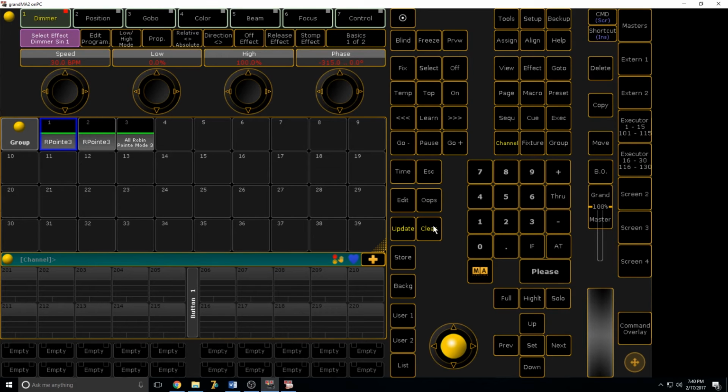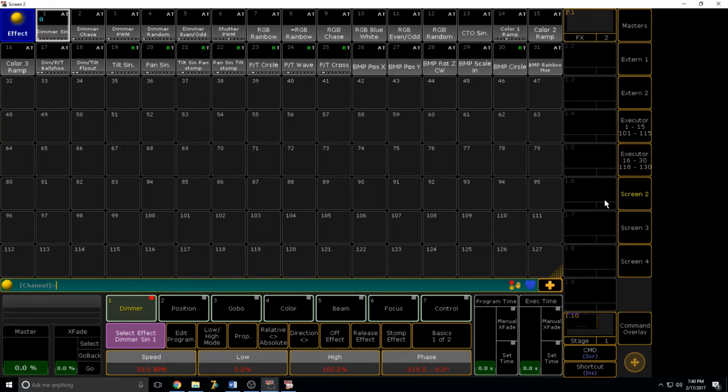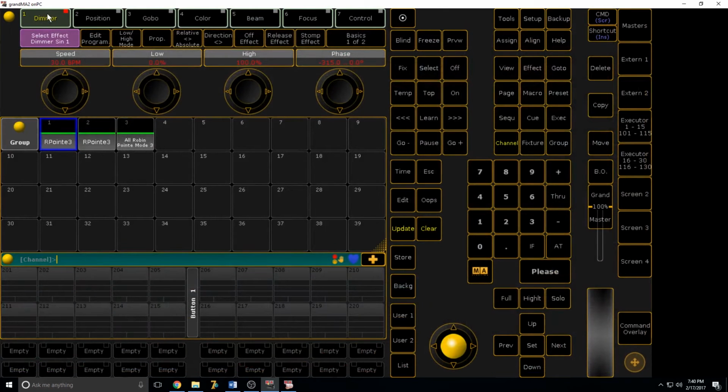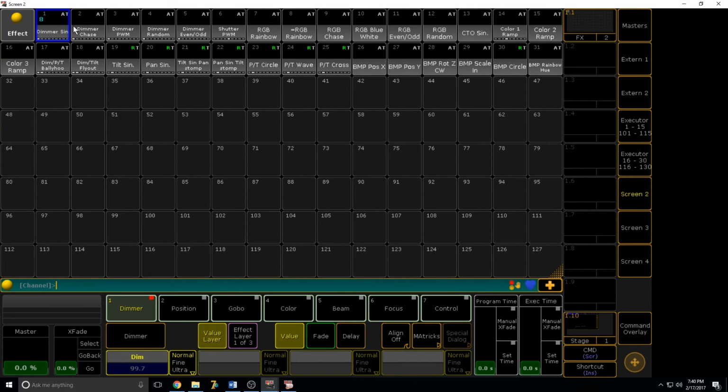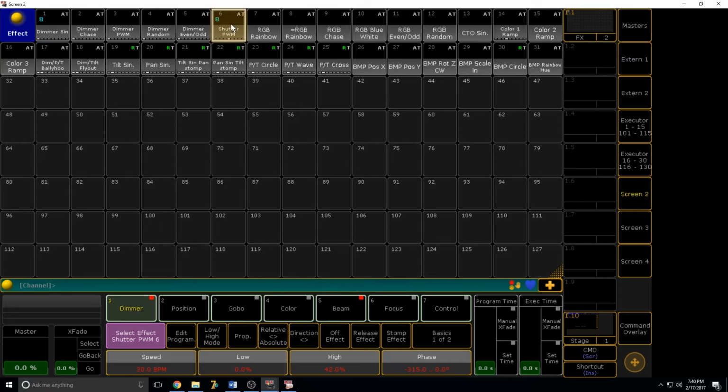So basically there's effects for each of the different parameters. You can have dimmer effects, position effects, gobo effects, color effects, beam effects, focus effects. And the nice thing with lights that have both a shutter and dimming is you can have a dimmer effect and a shutter effect running at the same time. So you can see I can actually have the dimmer sine wave and the shutter PWM, pulse width movement, running